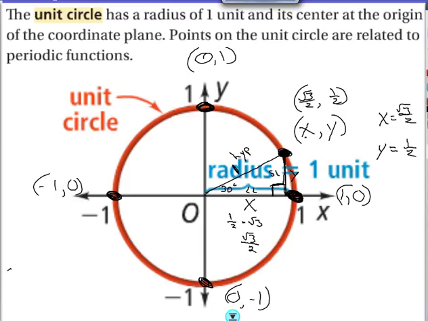Sine of the angle equals what? What's the pattern? Sine of the angle, we'll call the angle theta, is equal to, what's the pattern for sine? Opposite over